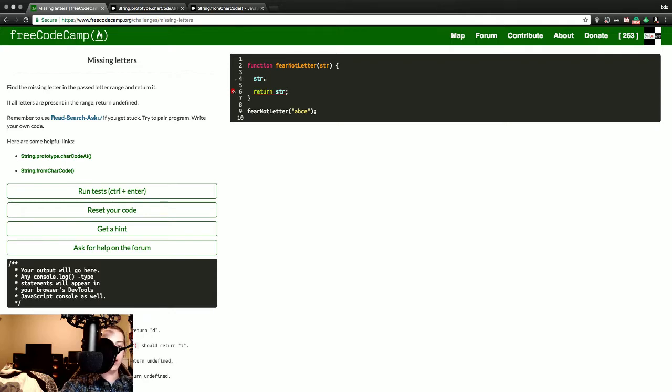Well, one, we should use the right letters when we spell this out. Character code at. Oh, and I was wondering if we should split it, but this is a string prototype, not a string method, not an array method. So we can kind of leave it as is. We could give it a different variable name, but in the meantime, we're just going to stick with this. Baby steps as we test. Actually, string, return string, run test,